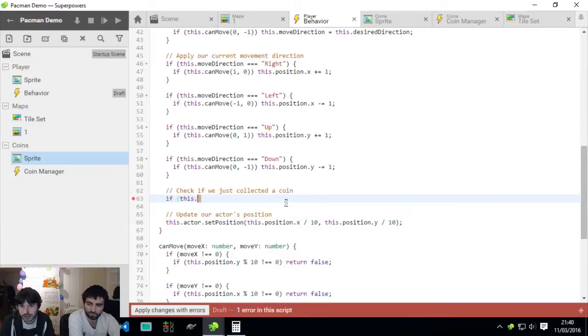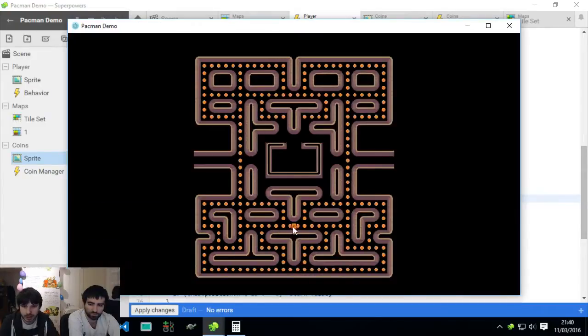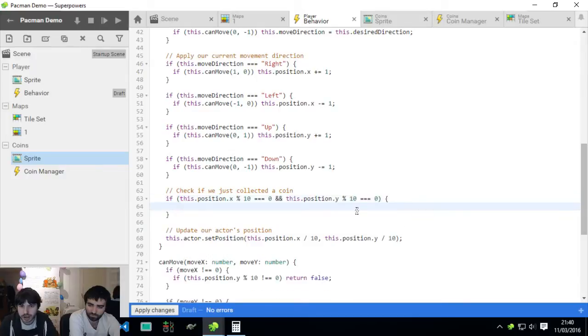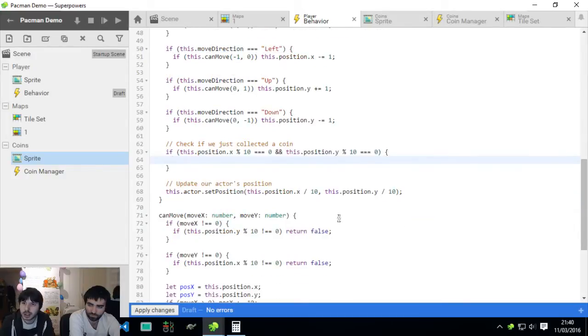So if position.x is a multiple of 10, that means we are perfectly aligned with a tile horizontally, and if it's the same thing on the y-axis,